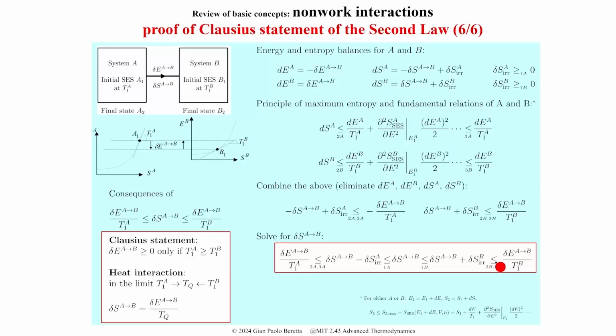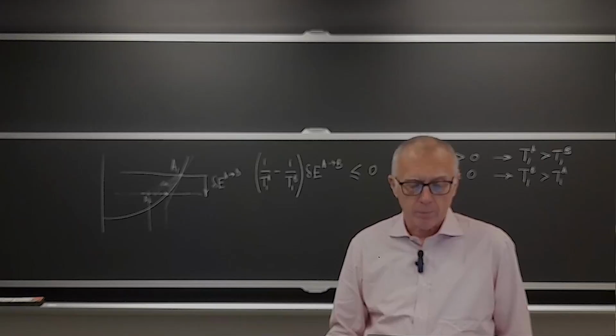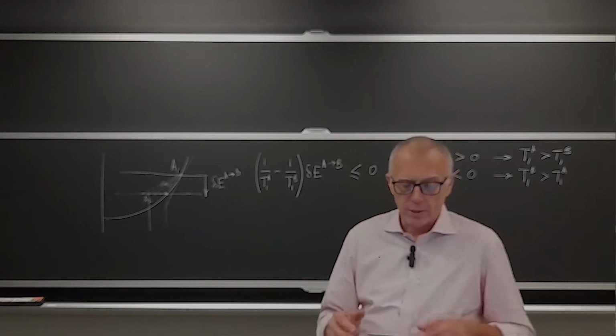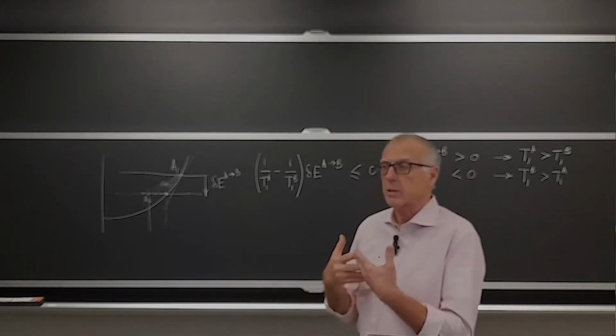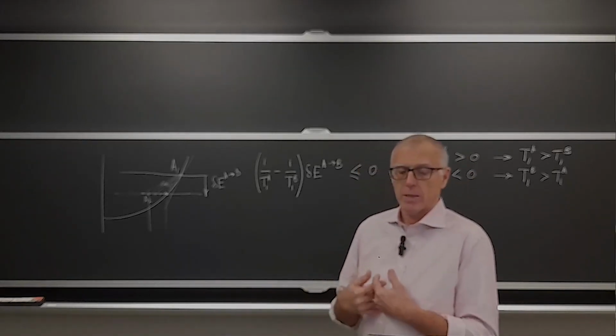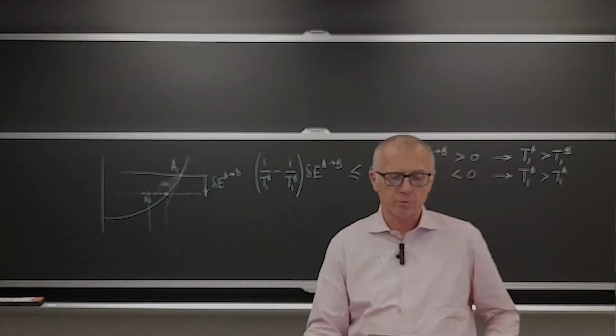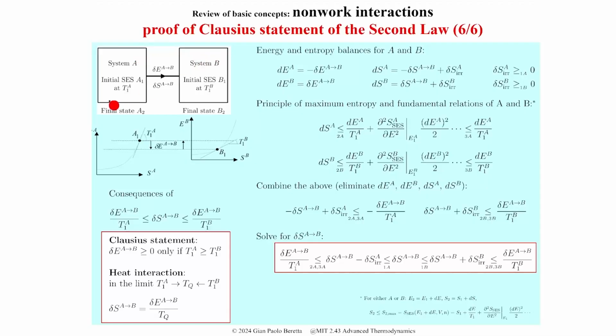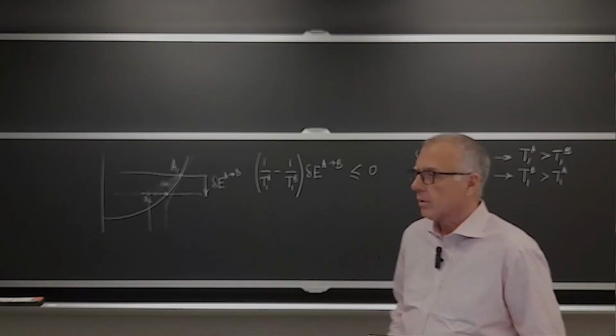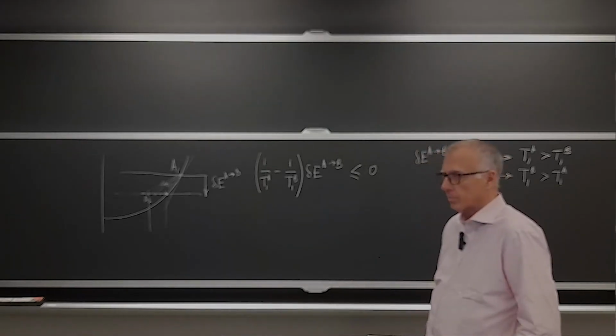So if you insist that system B also ends in a stable equilibrium state, and maybe it's also a reservoir, so now we are having two reservoirs. It means that this one is equal, so this one cannot be equal, and therefore you need to generate some entropy by irreversibility in system B,